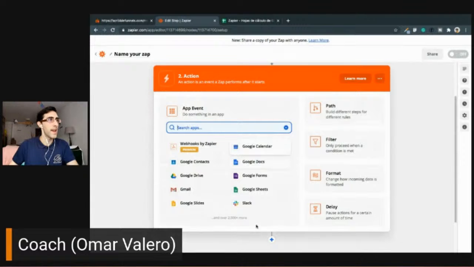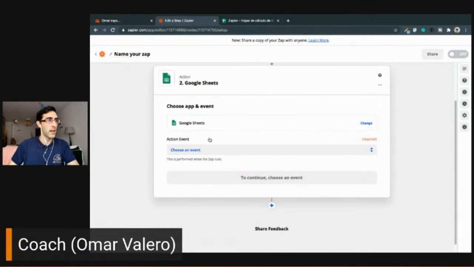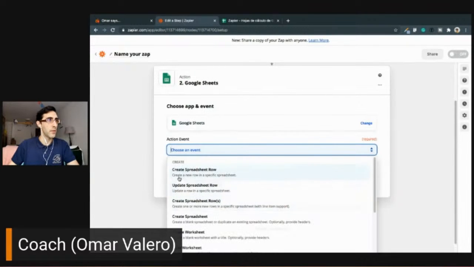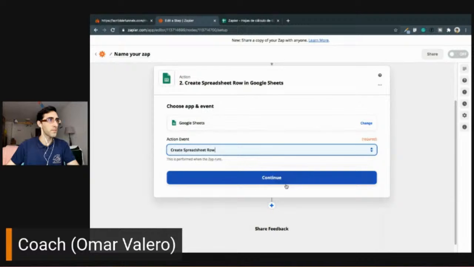Okay, it works. And now I want to send this data to a Google spreadsheet. But as you see, I can do so many things right here. I can format this data, I can filter the data, I can have a delay, I can send me a message on Slack, I can send me a message on Gmail or on Zoho, for example. You have more than 2,000 options right here to treat your data, to manage your data. So Google Sheet, and I want to create a spreadsheet row,